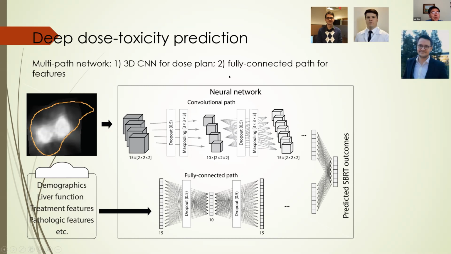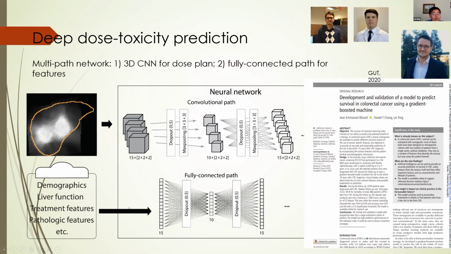So here with deep learning, we can train a model that really individualizes the prediction, right? We have not only the image, but also the isodose distribution, the treatment plan, and also demographic information. So feed them into a deep learning model, and then you can predict the chance for the patient to survive, and what the possible complications are. This is our similar work on colorectal cancer.